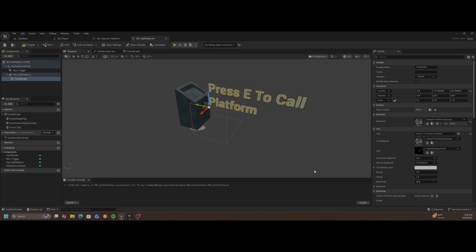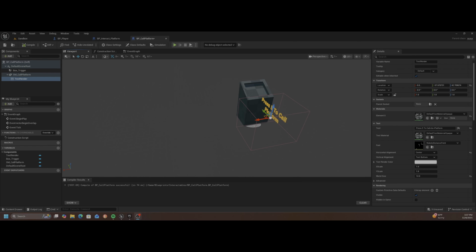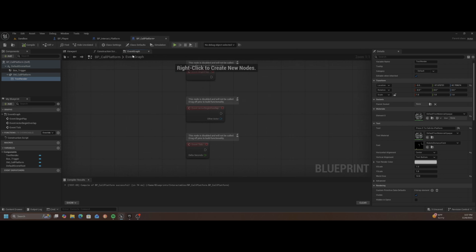Now, one of the things I needed to do is I need to change the scale, and I'm also going to change my text. Right now, I'm using, actually I'm going to leave that default because this is easier to read than the text I've been using. So let's just change this to 12. Shrink it down a little bit. It doesn't need to be quite so big. And then we're going to do a center alignment so that it kind of aligns it like that. And then I can pull this back out. Okay, so now we've got the basic setup for our